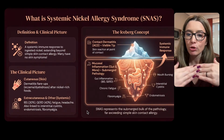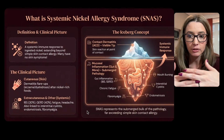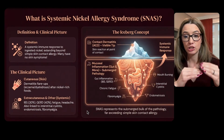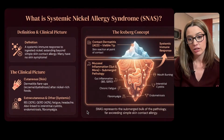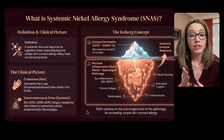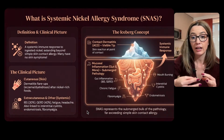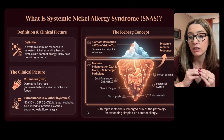What I think is important is that if you eat a low nickel diet and you find your symptoms are getting better, you're doing the right thing because you're helping yourself, right? But it's possible that some of these things like endometriosis, you already had that, or you already had the weakness or tendency in your body,